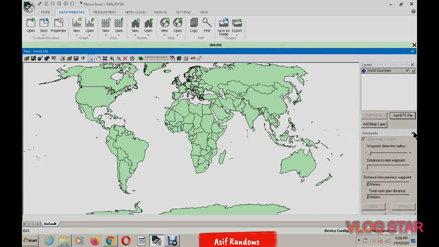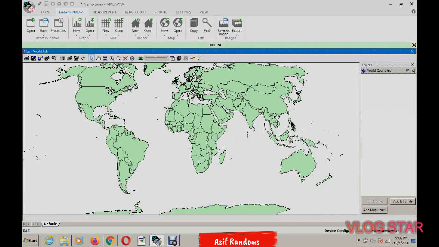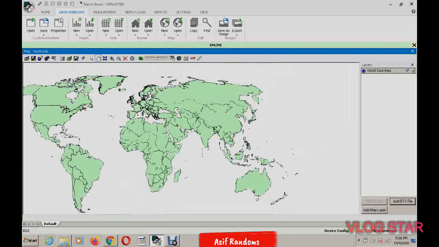Okay, here this waypoints no need to do. Here you can see all green color, light green color. This is the world map, world countries. But we will not use the whole world countries. We will use our respective countries where we are working and where we are performing the DTE drive test engineering. So I got the Malaysian Garmin, so I will show you how to load the highways, main roads and streets in our map.